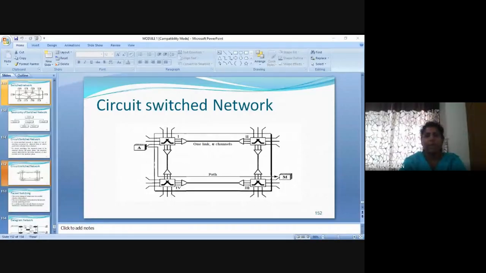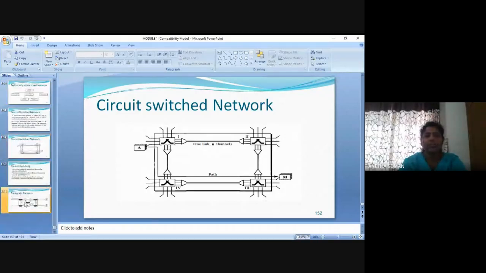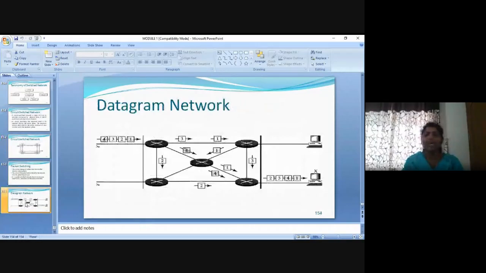Okay. Now the other one is called packet switching. Packet switching means the entire message is broken down into small chunks. You can call them packets. Now there is no resource allocation, similar to circuit switching. You don't have any resource allocation for a packet. It is allocated on demand. Okay. Now you have two types